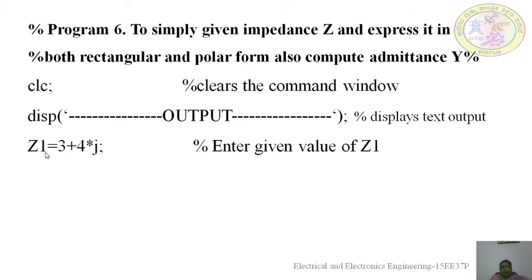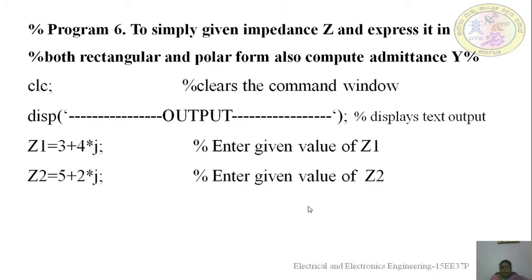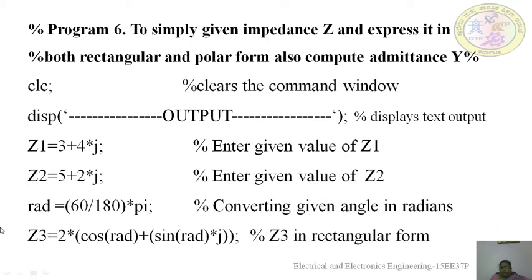Then we'll enter now all the given values of the impedances. So here we'll enter Z1, then I'll enter Z2. So the Z3 is now given in the polar form. So our polar form kottidanta Z3 na now I'll convert it into the rectangular form. So this rectangular form alli convert madbekadre, there the angle is given as 60 degrees. So MATLAB does the calculations of angles in radians. So I am converting that angle into radians and then I am substituting here. And now the value of this Z3, whatever is there, is in the rectangular form.